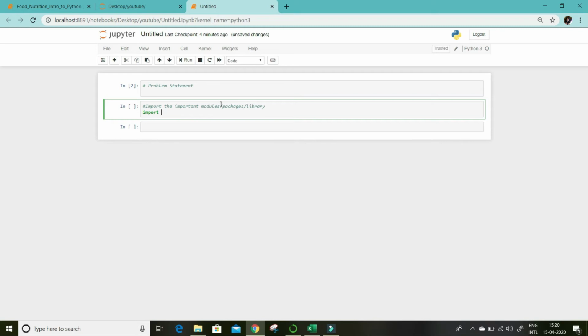One very important one is import pandas as pd. Whatever libraries we use, we give them some name so that we can refer to the functions we use from that library as pd dot something. We don't have to write the complete pandas dot something, it would be a very big name. That's why we say pd dot something like this.